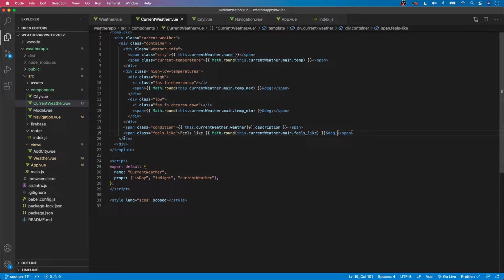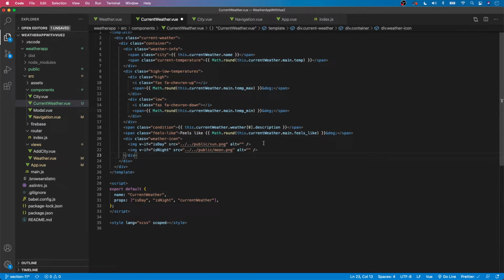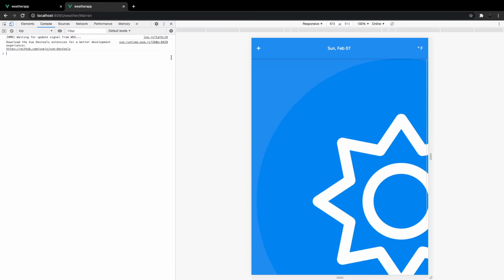All right, now the final thing we're going to be doing here is our icons for either the day or the night or the sun or the moon. Now just below this span, I'm going to copy this in. So we're going to have a div with a class of weather icon here. Now what we're going to be saying is if isDay is true, then we're going to show this image right here. Now if this is not true, then we're not going to show it, and we're going to look and see if isNight is true, and if that is equal to true, then we're going to show this moon. Okay, so if we now save this and head over to our application here, we should now see that we have this right here,